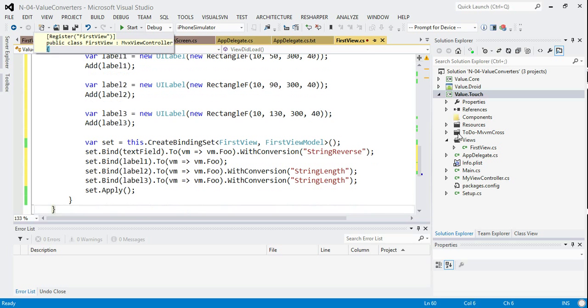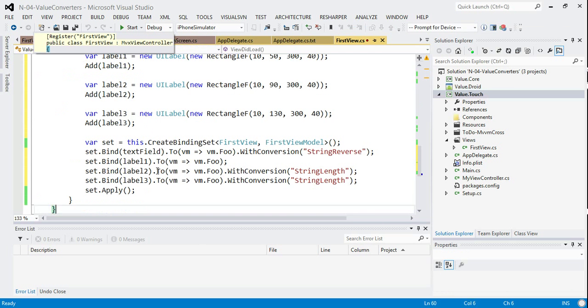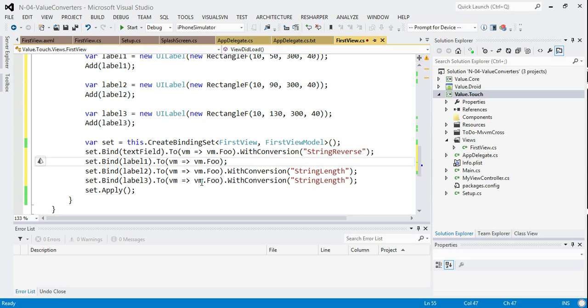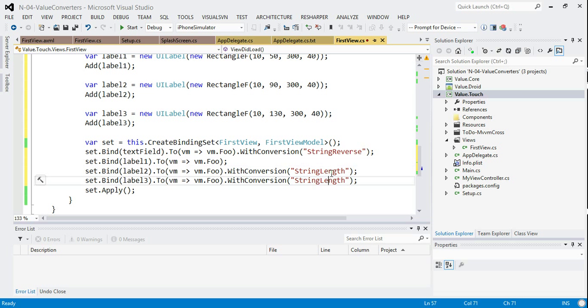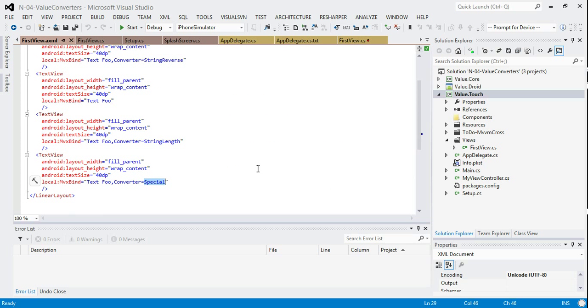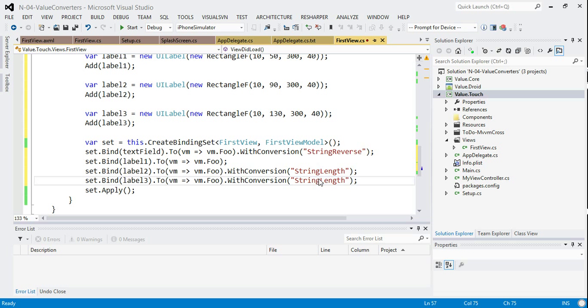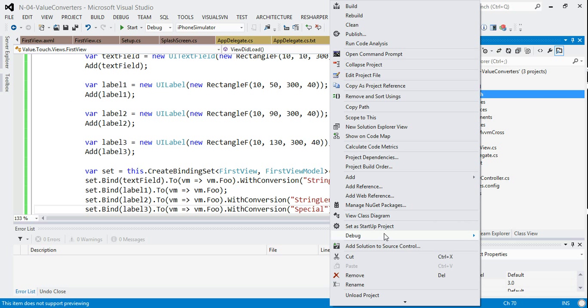So you can see string reverse is there. The first label has no converter, so that's this label. The second label has string length, so that's this one. And the final label, or text view, or UI label, has special applied. So you can see that's how it looks, and when it runs up, let's give it a go: debug, start